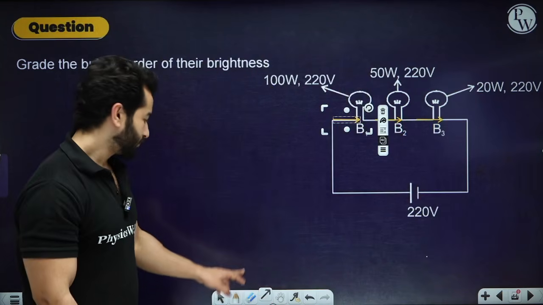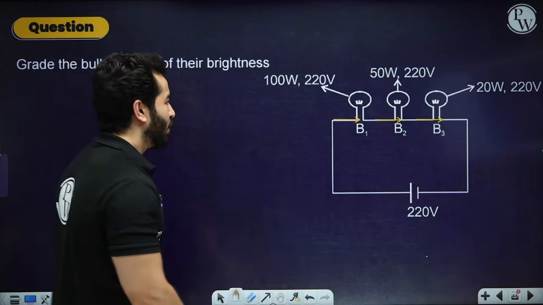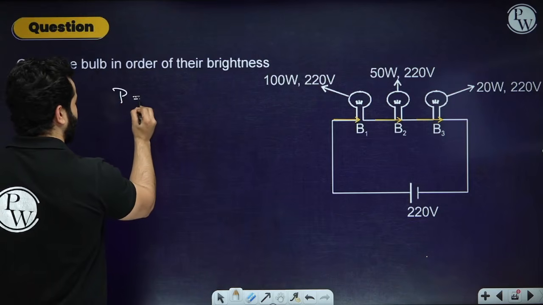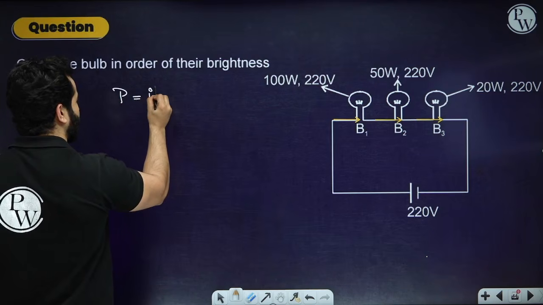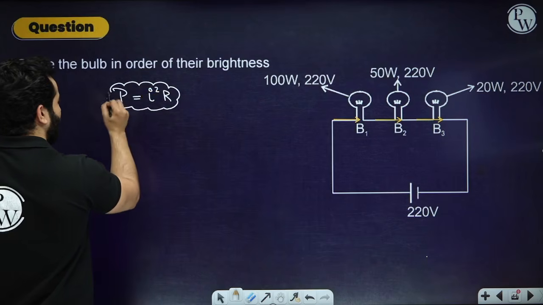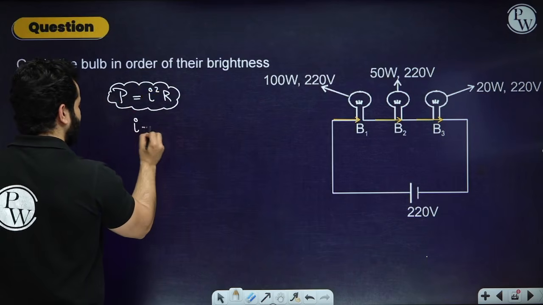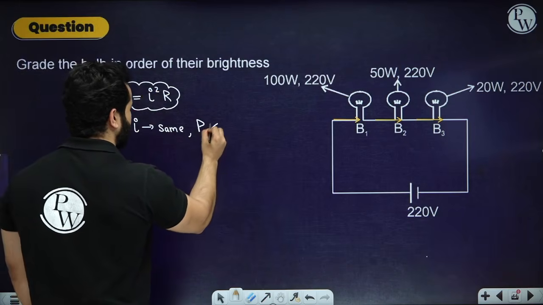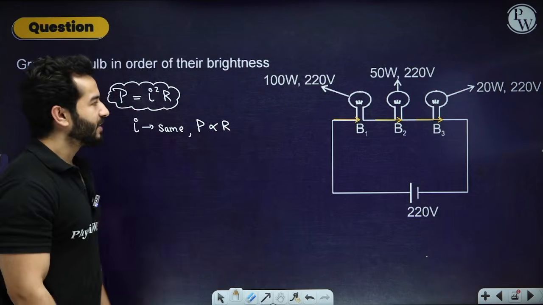Is that clear? So current is the same. I know that I've got other formulas also, like V square by R, but I use I square times R because current is the same. So if current is the same,